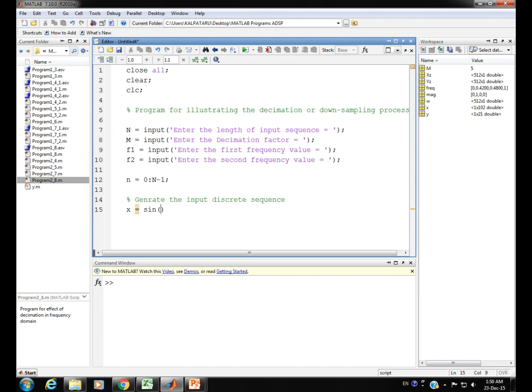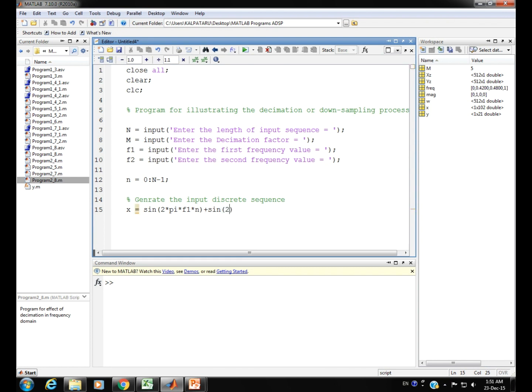I make use of sine as the MATLAB syntax, and inside the parenthesis I have 2 multiplied by the constant pi, further multiplied by the frequency value of the first component accepted from the user, that is f1, then further multiplied by the discrete time variable small n. So this is the first component. Now it is added to the second, again of the sinusoidal type.